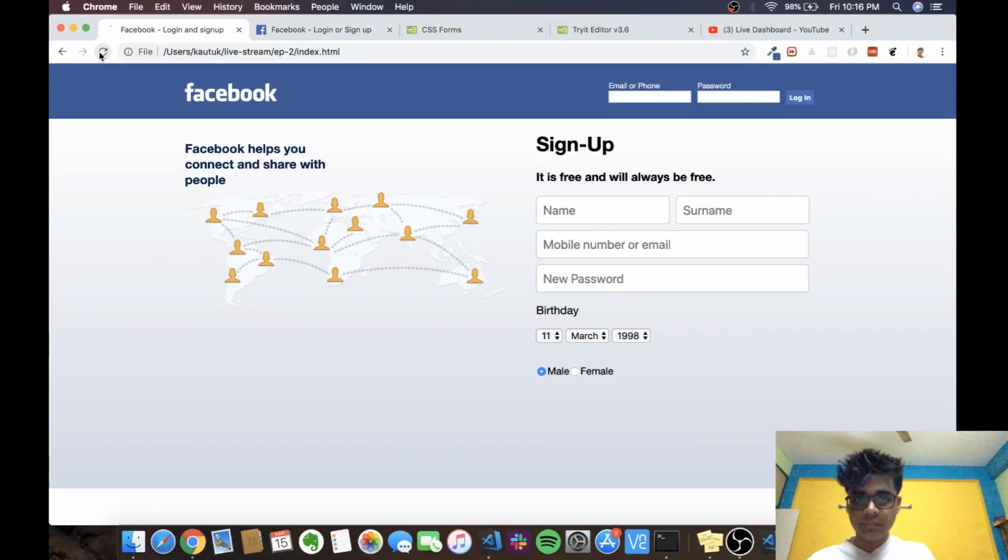If I refresh it, okay, it's actually getting a little margin from here, but instead it should have,